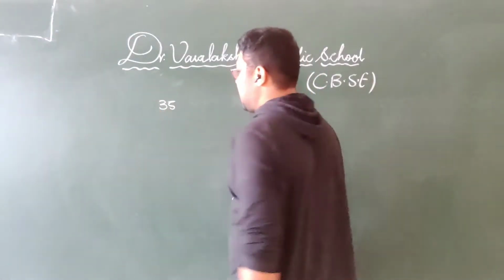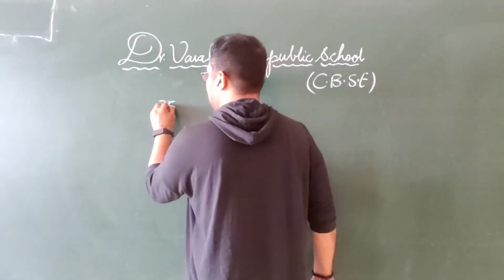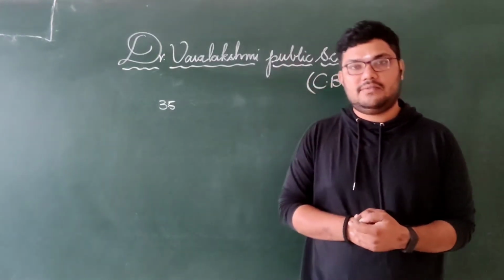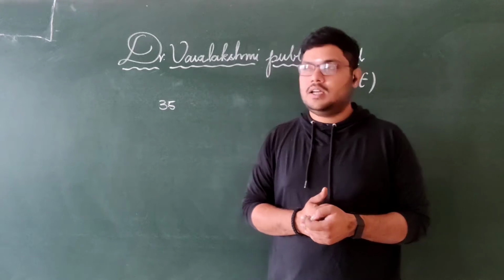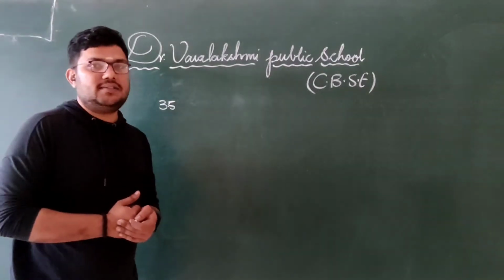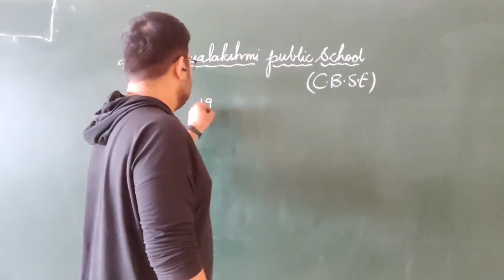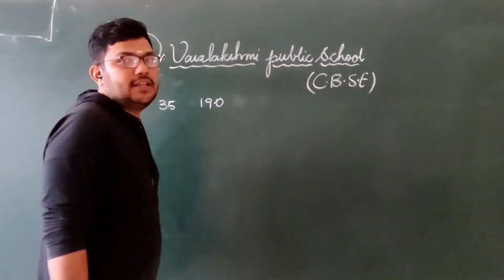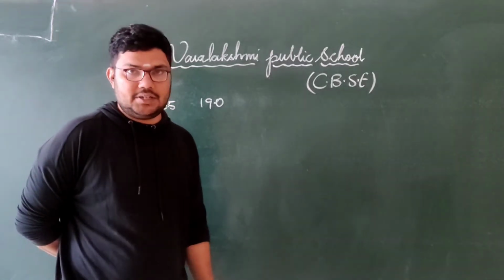What I do is, I just keep a dot in between 3 and 5. Check and calculate: 10% of 35 is absolutely 3.5. One more example: what is 10% of 190? I write 190 as it is, and after one digit you just keep the dot. That is 19. In this manner, you can calculate 10%.